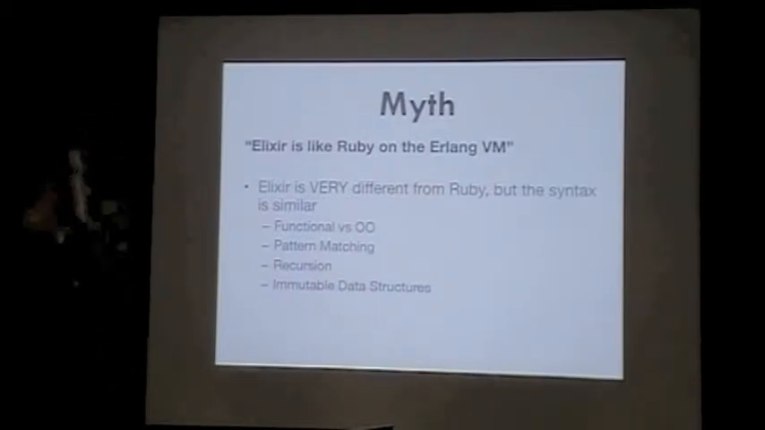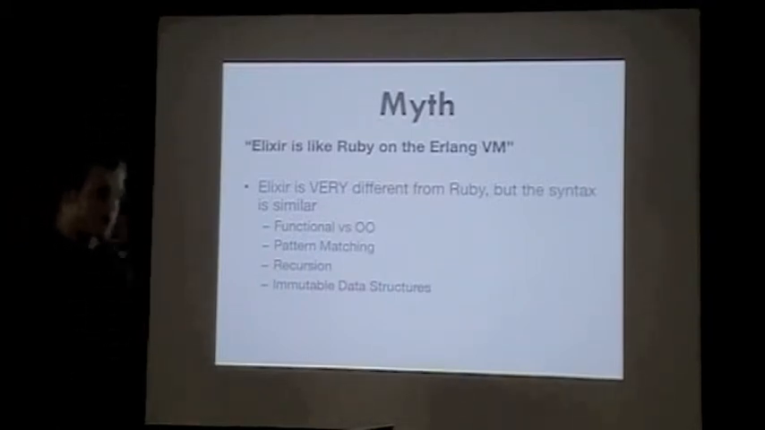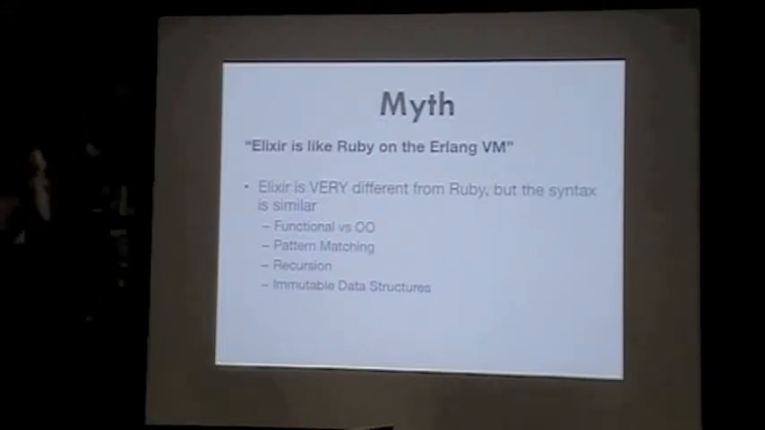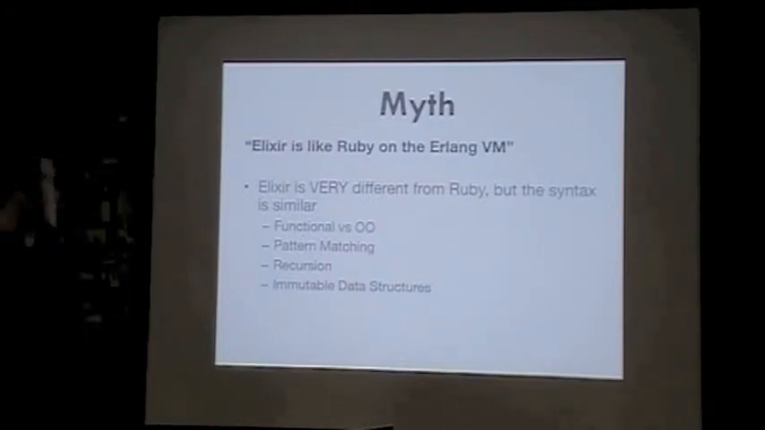So put this up there as a myth. It has some truth to it, but this is really not true. Elixir has a syntax that's very much like Ruby, but it is not at all Ruby. It is still Erlang underneath. It compiles down to the same bytecode. Still a functional language. Still has all the features that Erlang gives you, like pattern matching, recursion, and immutable data,